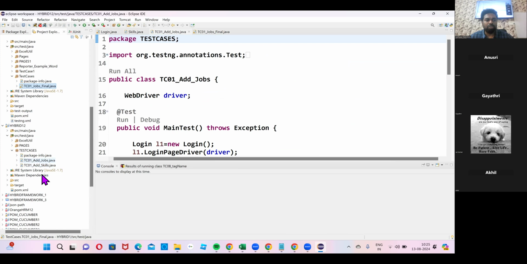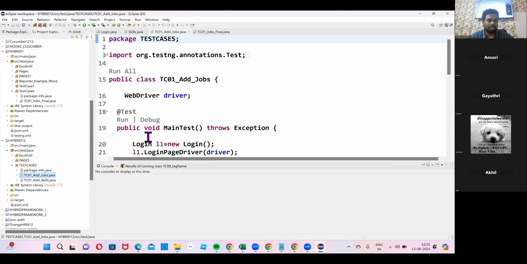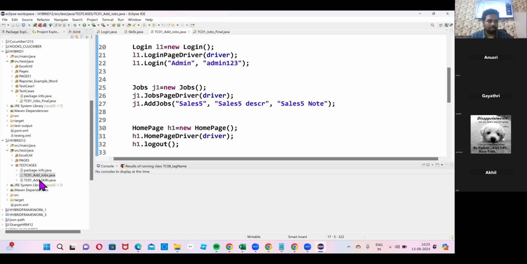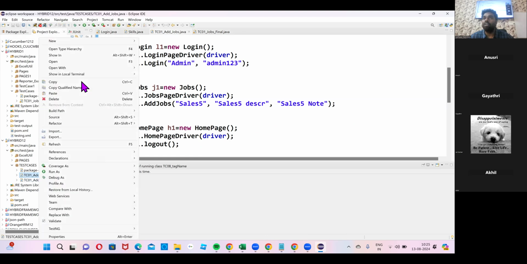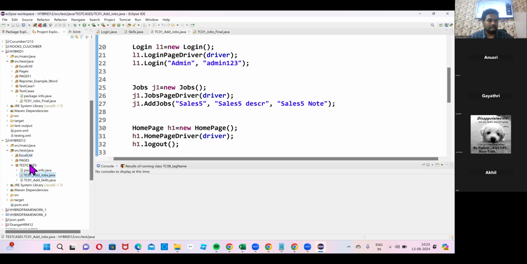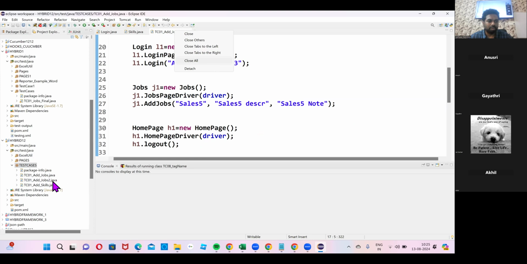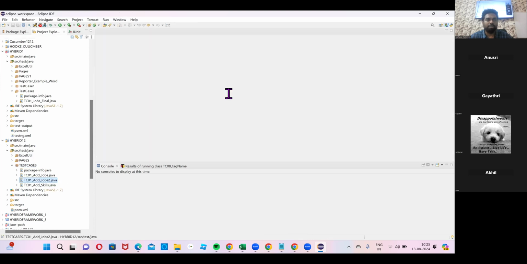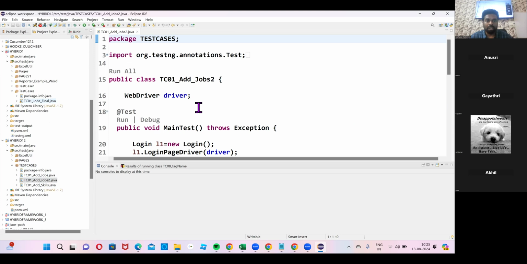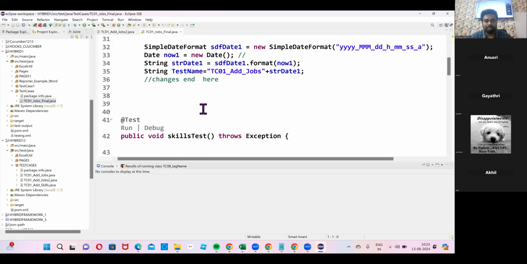So I'm navigating to the TC01 add jobs program. What I'm doing is, I'm taking a copy of yesterday's program and pasting it in test cases as add jobs, because I don't want to disturb the original one. So let's go to the TC01 add jobs program. Here, what I am doing is,